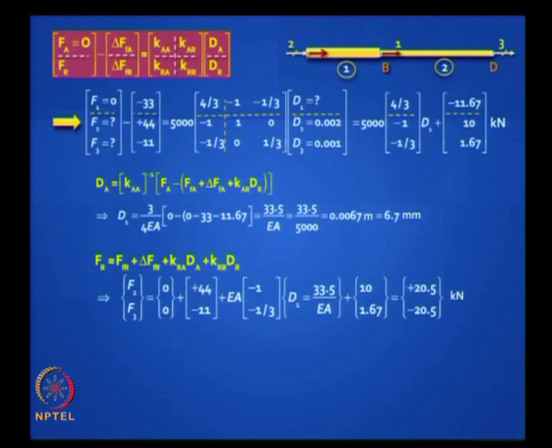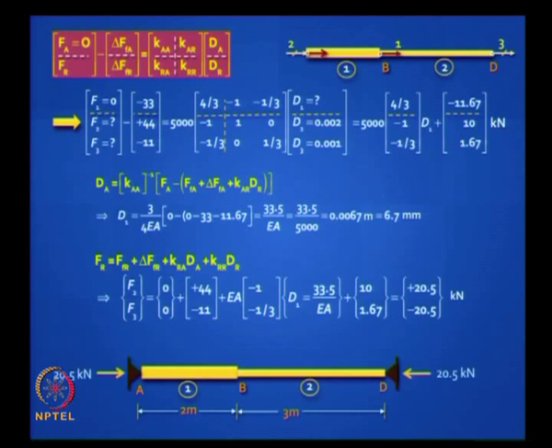Compression. So what is very interesting, you had two elements with different lengths and different cross sections. If you treated each one independently and arrested the two ends and heated, you got different forces, 44 in one and 11 in the other. But they actually have to have the same force to satisfy equilibrium, and that force you can intuitively guess is between 11 and 44. It turns out to be 20.5, okay. So these are your reactions.